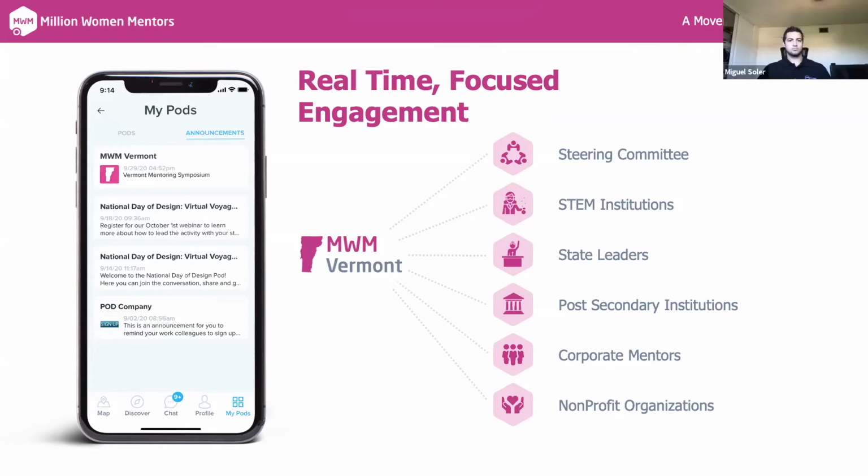Could be a number of things. It really puts the power of engagement and communication right in the palm of your hand as a state leader, or whoever's hosting that pod, to immediately connect and engage the audience you want to have that conversation with. So it can be an extremely powerful tool.